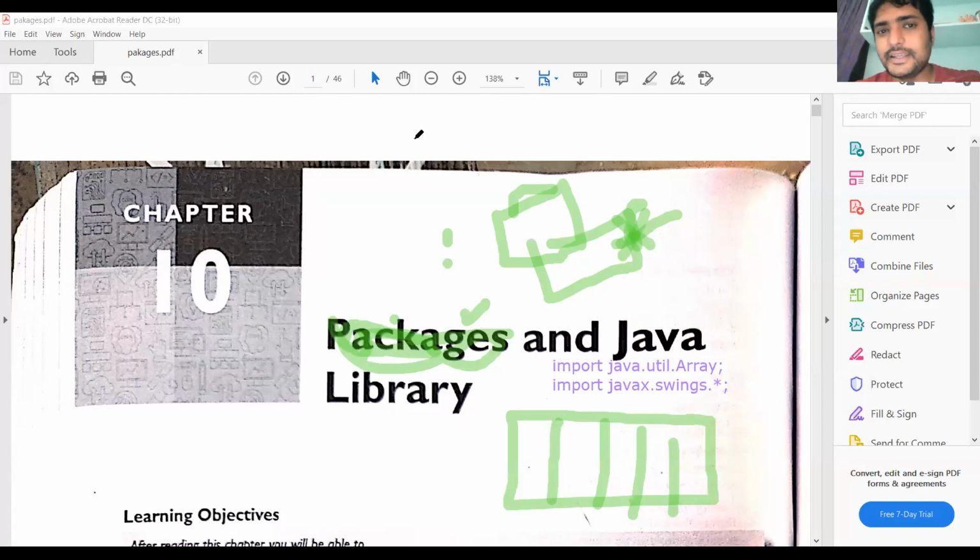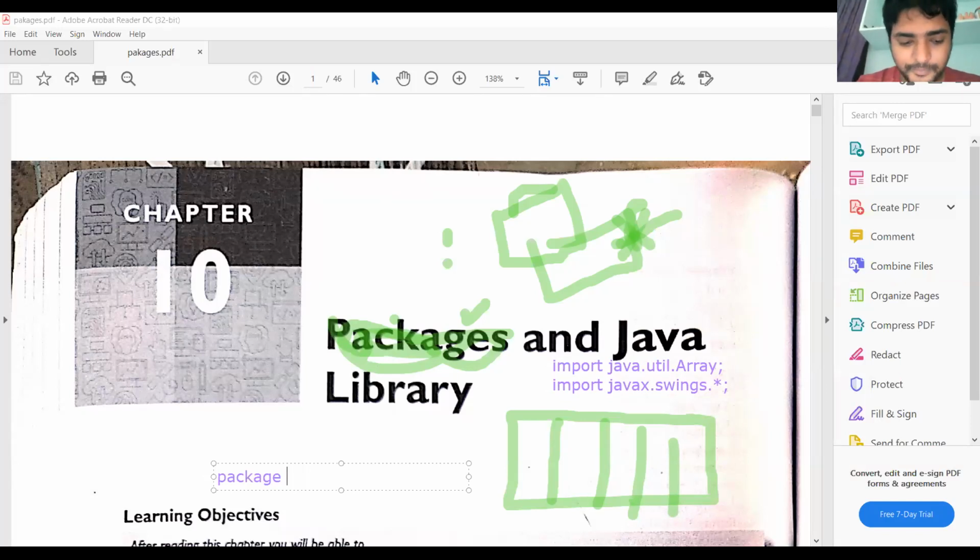And then we have seen the user defined packages also. How do you define a user defined package? The syntax is you use the keyword package, then a space and the package name. The package name is, for example, sierra. The package name should be in small letters.